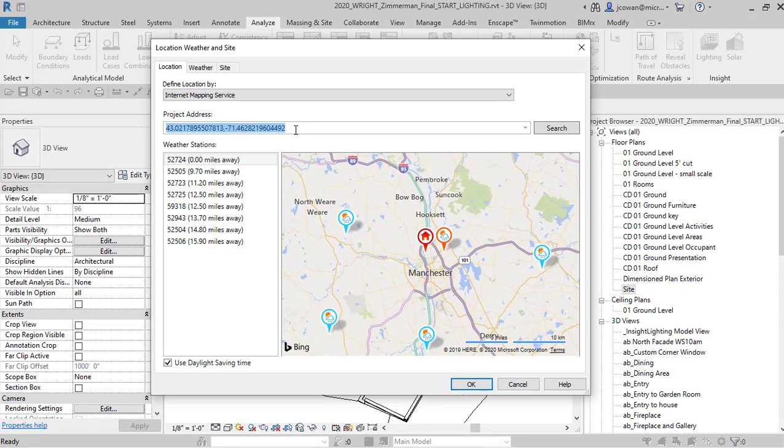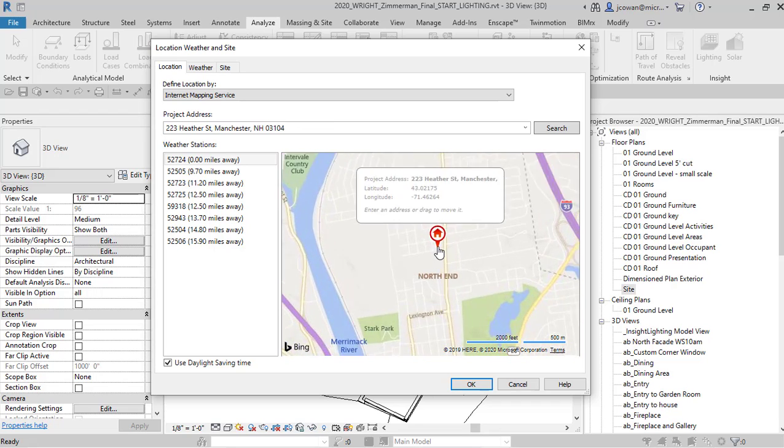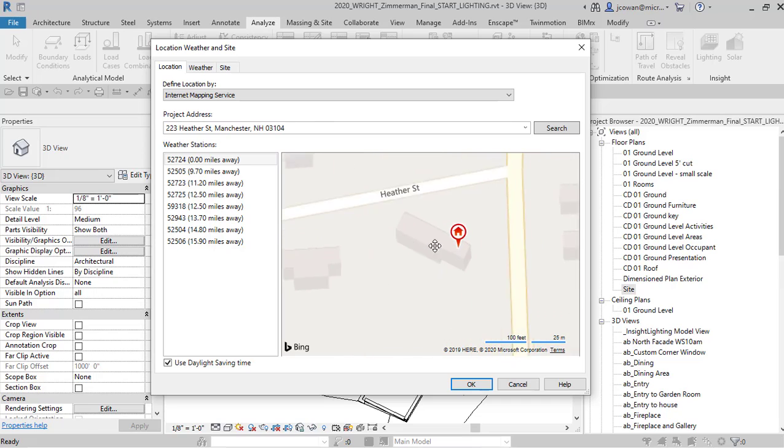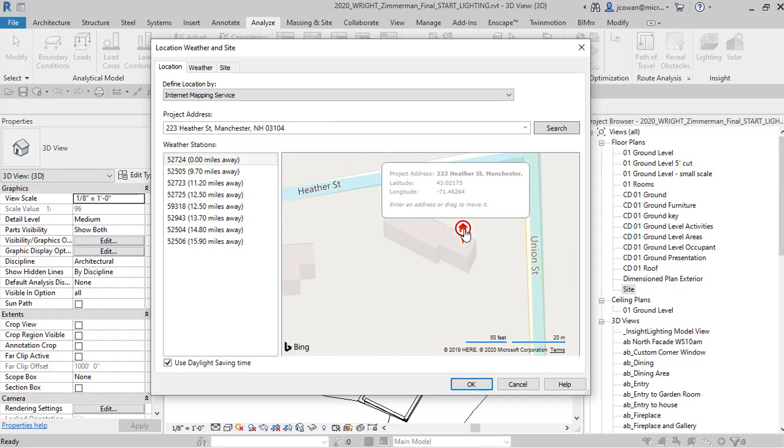So for example here, 223 Heather Street, Manchester, New Hampshire. That's placed where the building is. If I roll forward, you'll see that the map actually shows this is the Zimmerman house, the one that we're looking at. You can move that around to position it where you want, and from that you get